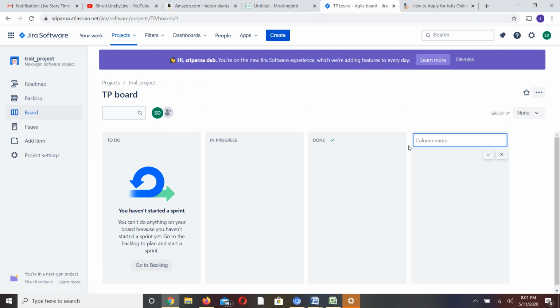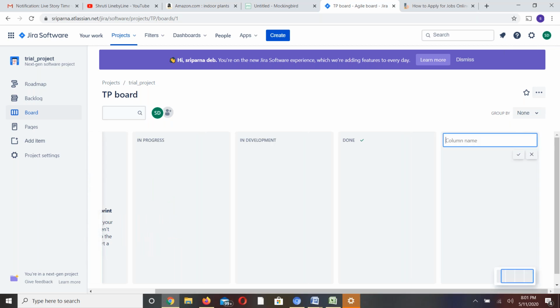Let me say if I want to pick up another stage called in development, I'll move this item here, and I also want an in tech review stage.